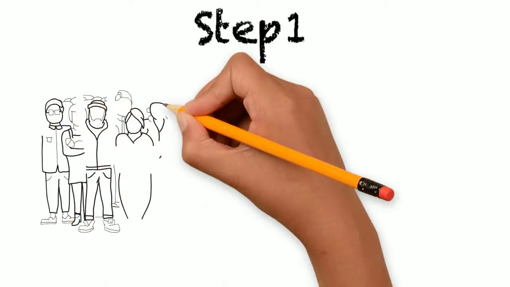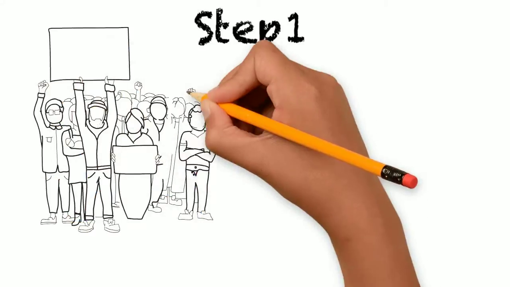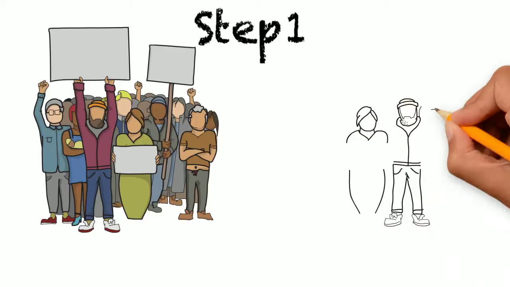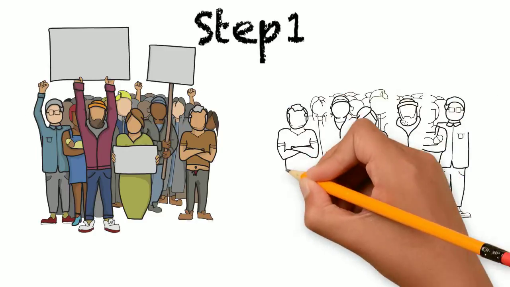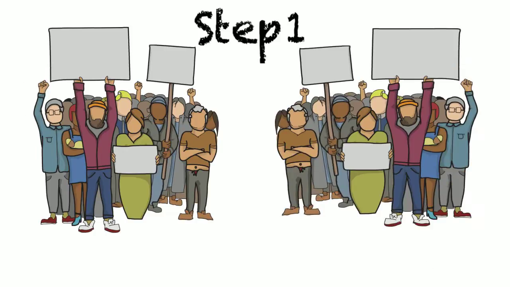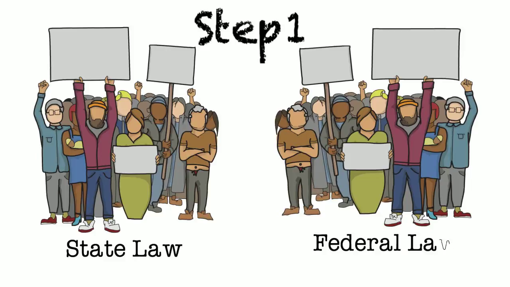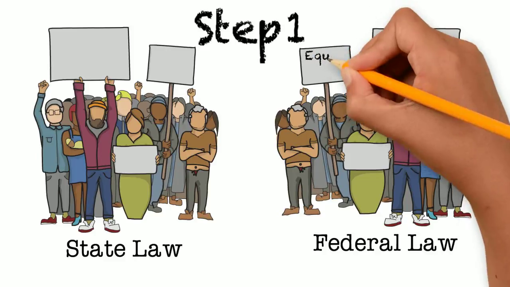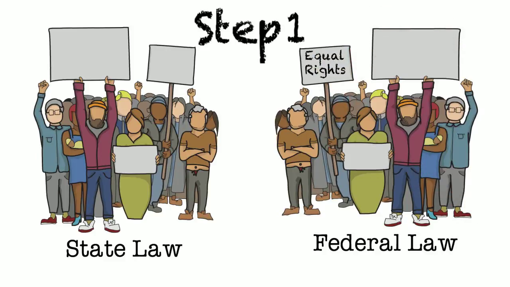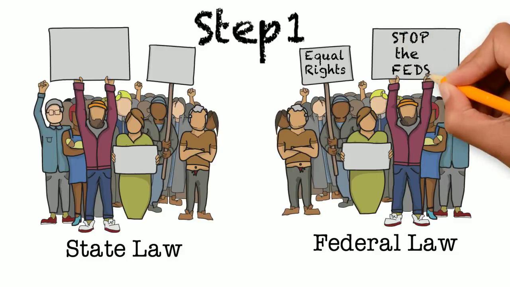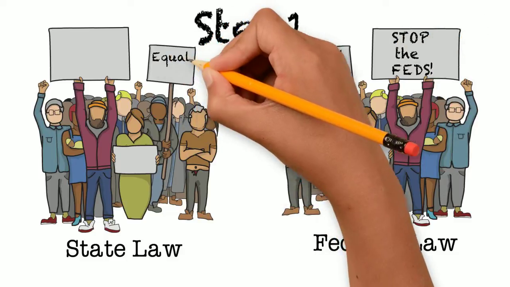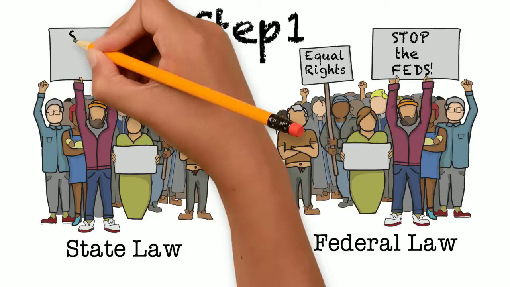Step 1. When analyzing an equal protection issue, the first step is to apply either the 5th or 14th Amendment of the Constitution. Here's why. The whole reason that you're analyzing equal protection is because some group finds a state or federal law discriminatory. In the first step, you have to identify whether the discriminatory law is coming from the state government versus the